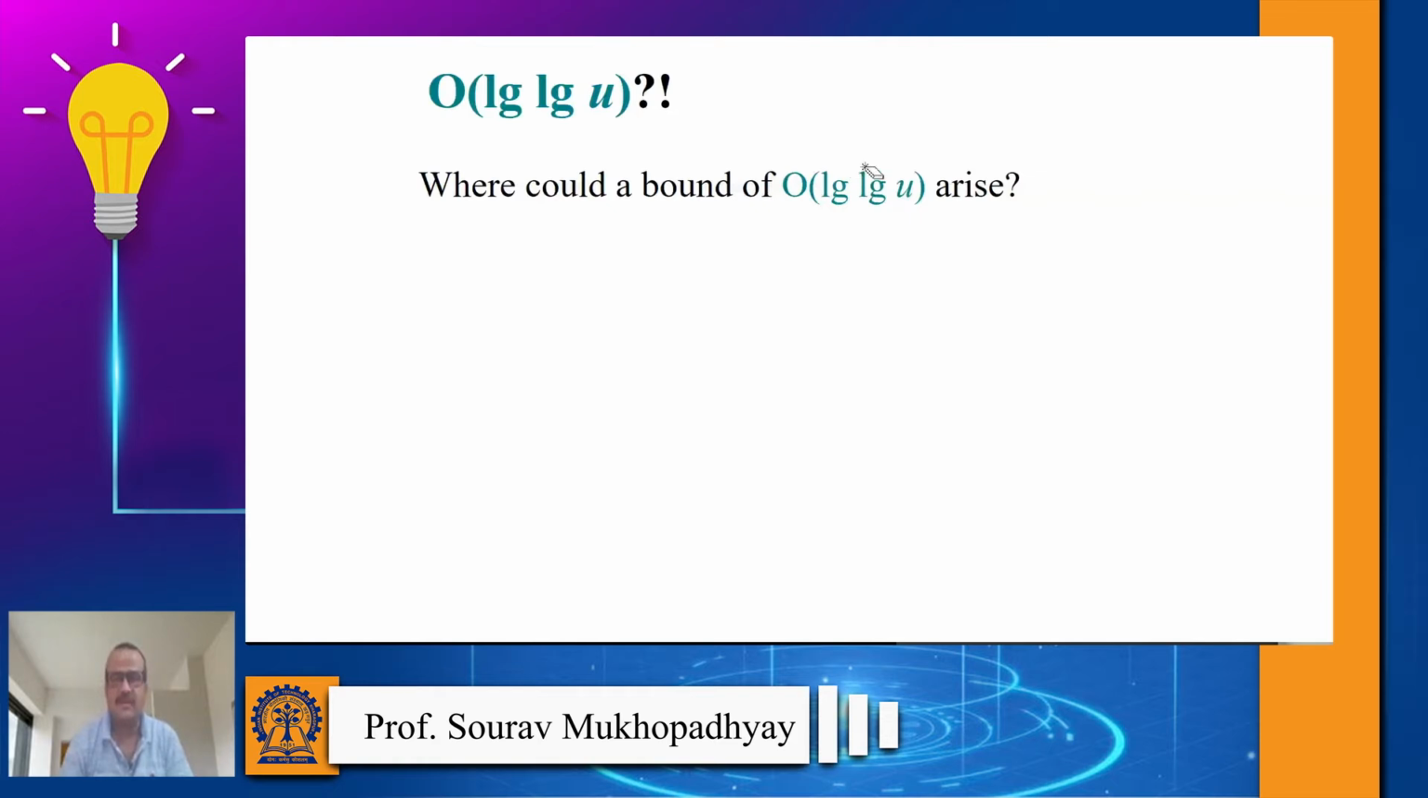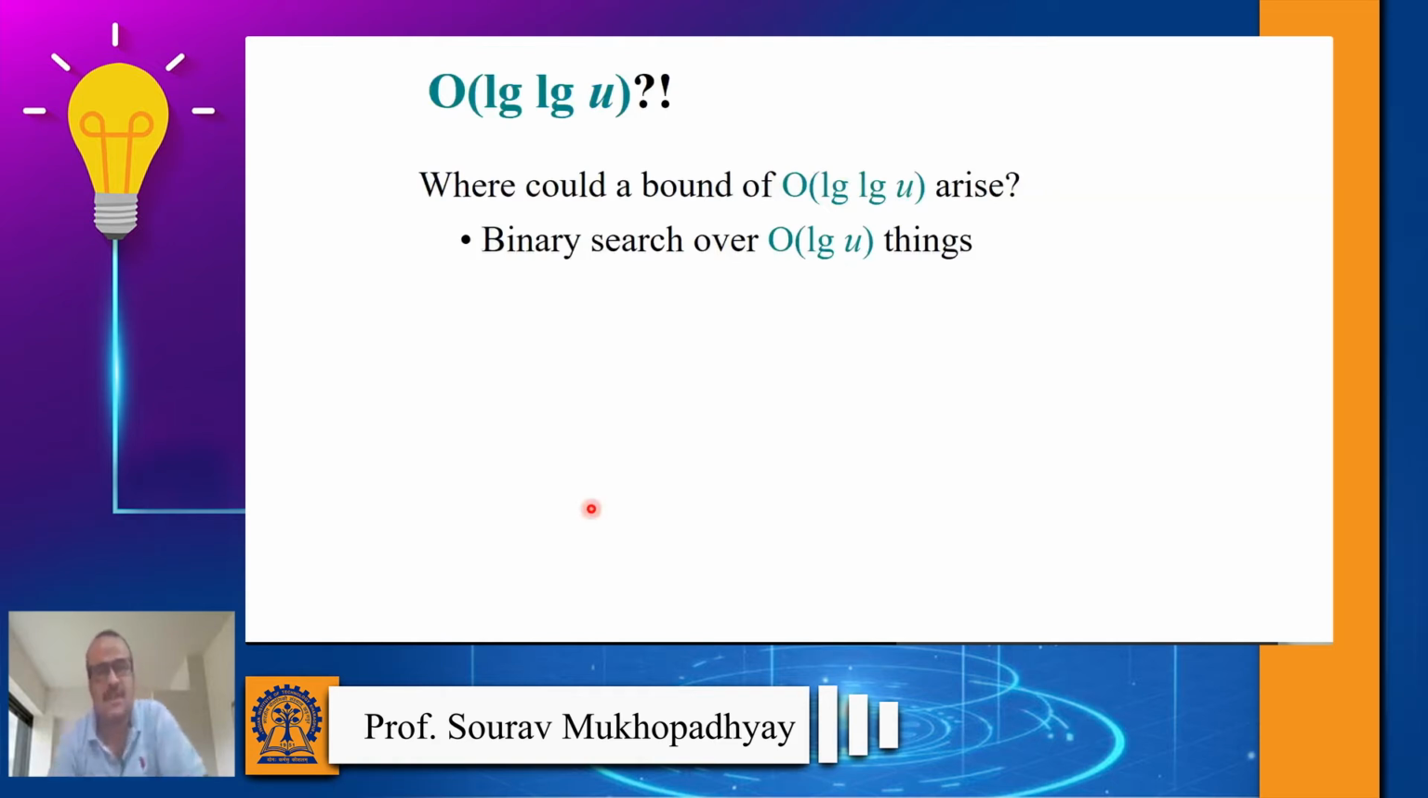Any problem you can think of for that? We can have an algorithm for which we get log log u. What about binary search on log u elements? If we do binary search on log u elements, this is our new m, so that will cost us log log u. Anyway, we want to have a recurrence for this. We want a recurrence whose solution will be log log u, and that recurrence is